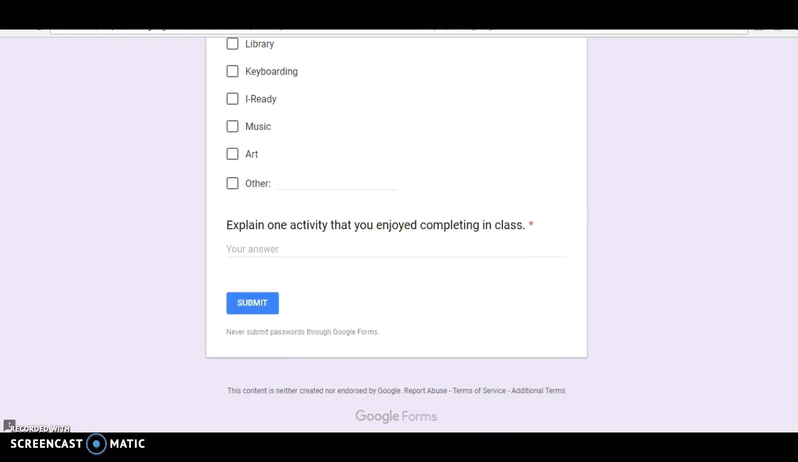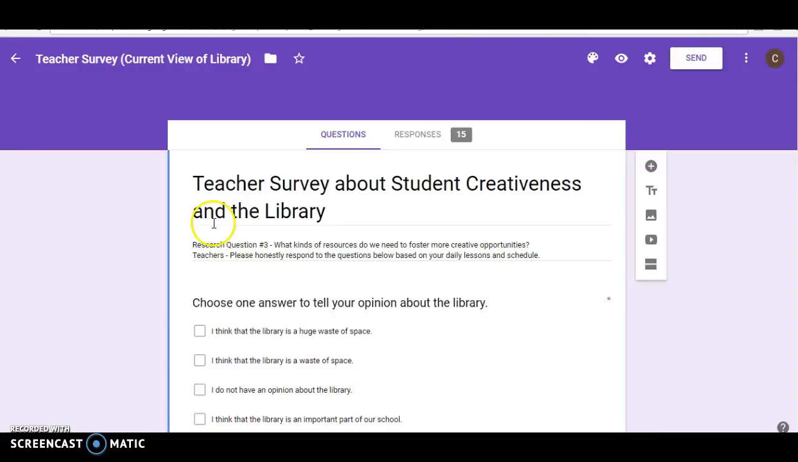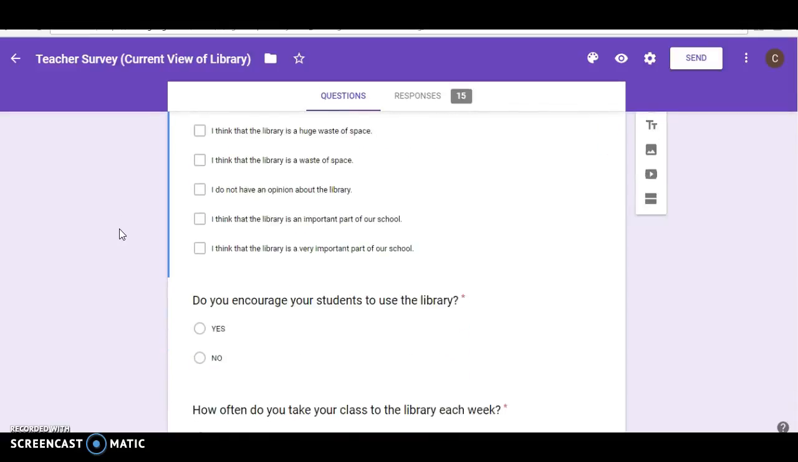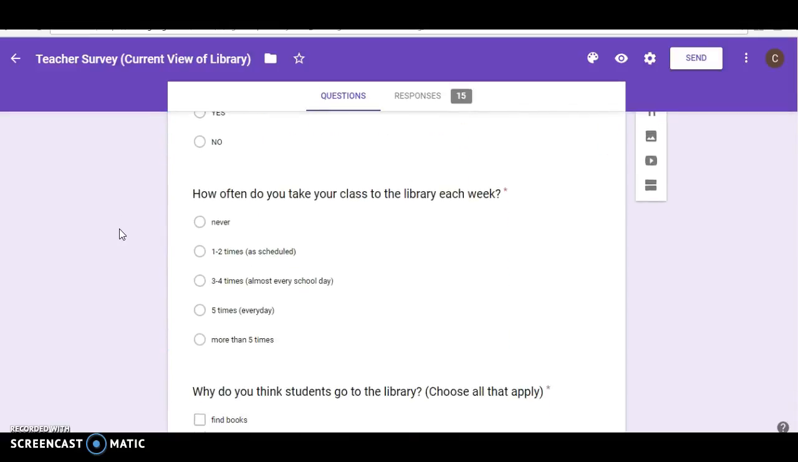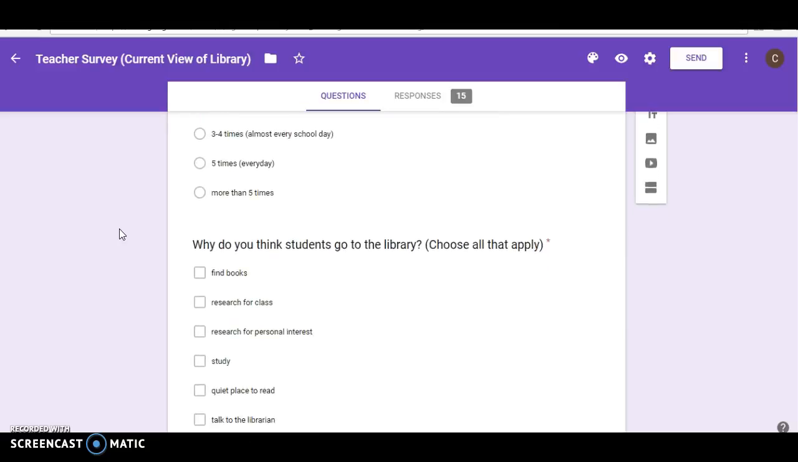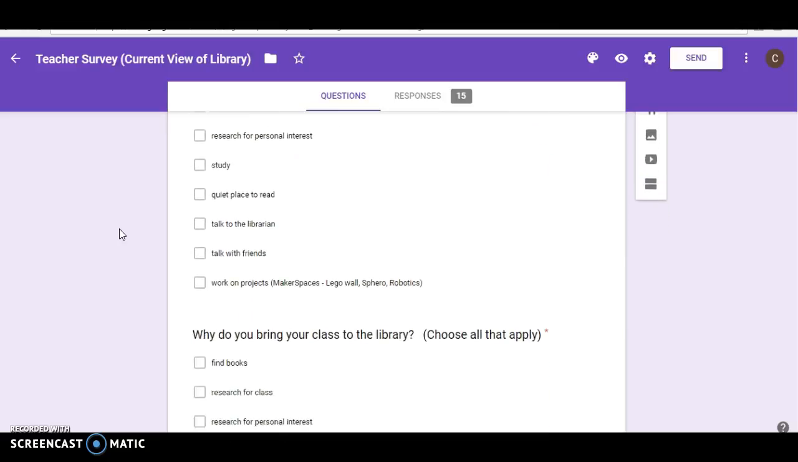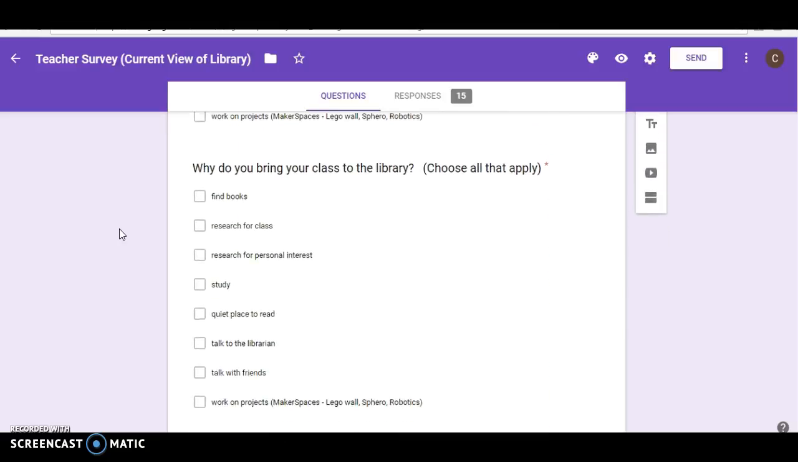In order for the students to be more creative during the school day, the daily classroom instruction and teachers are part of this data collection process as well. The teachers would be asked to complete this survey, asking about their opinion of the library, encouraging students to use the library, when they take their class to the library and why, the purpose of the library, how do they